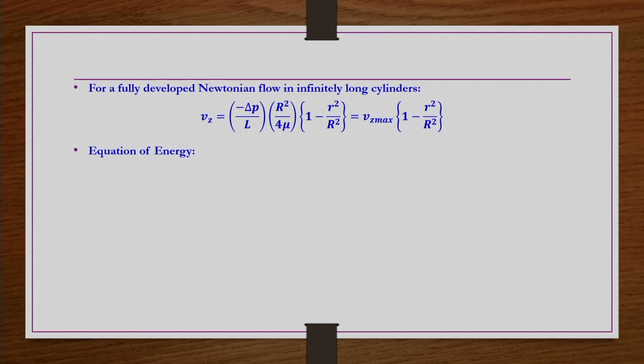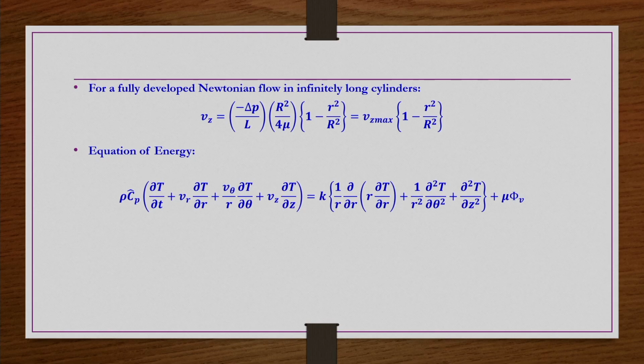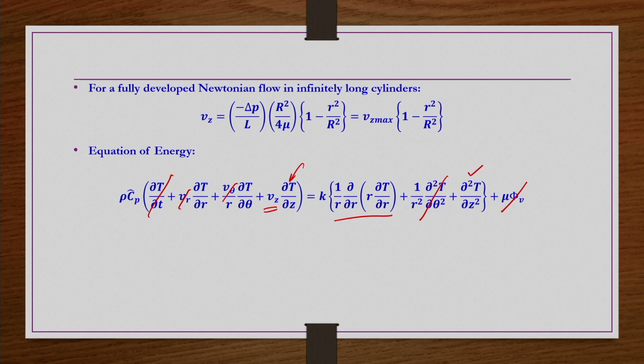Now, the equation of energy we are going to simplify. In cylindrical coordinates, the equation of energy is given here. Steady state, so this term is 0; Vr is 0, V theta is 0, Vz is not 0, and temperature is also a function of z in addition to r. So, this term should be there. Temperature is a function of r, so this term would be there, but it is not a function of theta, so this term is cancelled out. This term is there because temperature is a function of z. What function it is, we do not know, that we are going to obtain now. And we are not taking any viscous dissipation in this problem.